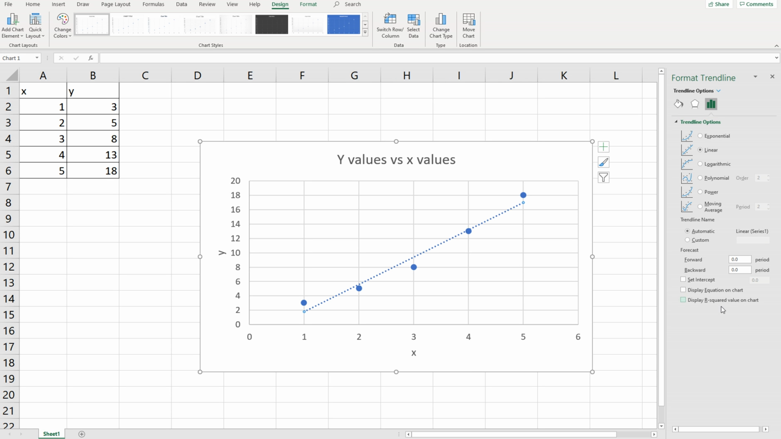The key things I want to include is I want to click display my equation on the chart. So I'm going to click that down here. And all of a sudden it does the equation for my line of best fit. And I want to display my R squared value on the chart. Now an R squared value is going to tell you, and I can move that around if I want to see it better,